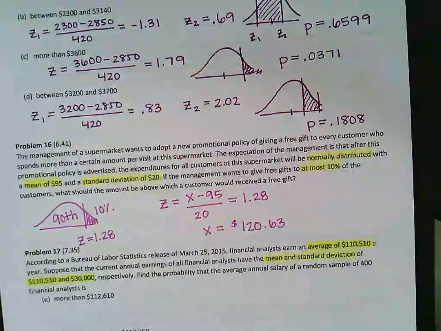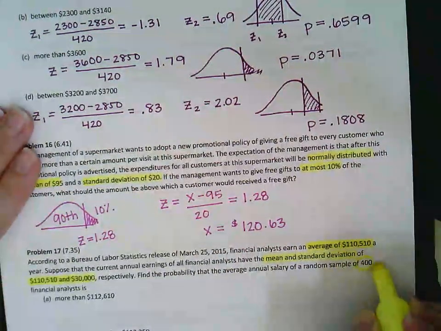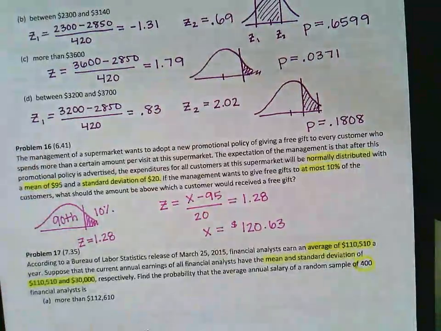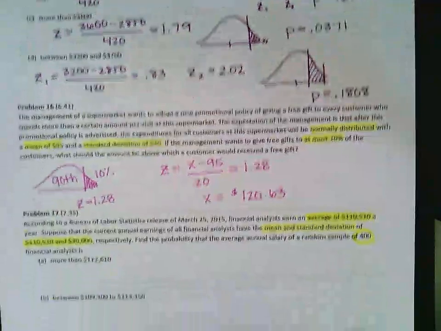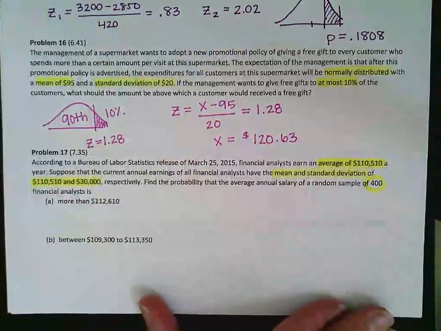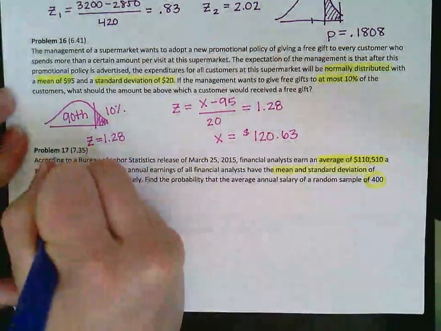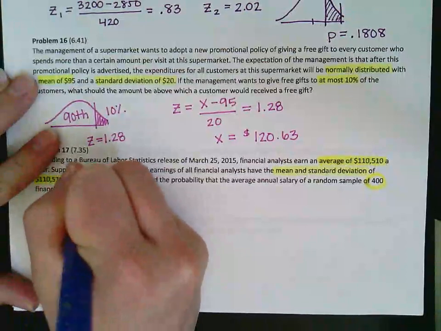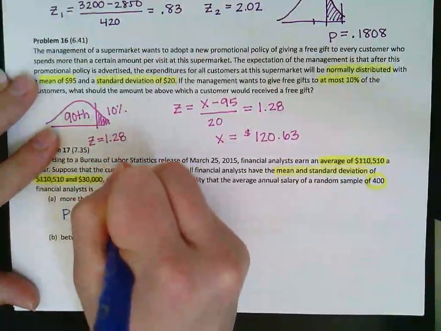Find the probability that this random sample of 400 financial analysts makes more than that salaried amount. We have to be careful here because I'm not just talking about one person. I'm going to take a sample of 400 financial analysts and find the mean. And I want to know the probability that the mean of that sample is greater than or equal to